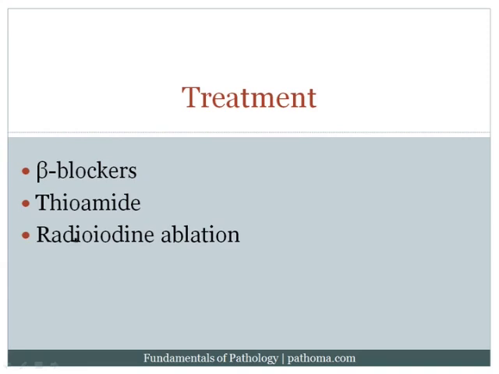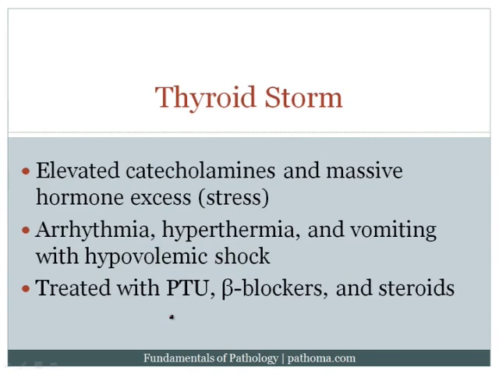Another possibility would be to use radioiodine to ablate the thyroid. The idea here is if you give radioiodine, of course, that would be taken up by the follicular cells of the thyroid, which would then result in destruction of the thyroid cells because of the radioactivity, and so you would ablate or destroy the thyroid gland. The thyroid storm is the feared complication of Graves' disease. This is when you have excess catecholamines and massive hormone, usually due to some sort of stress like surgery or childbirth. The patients can present with arrhythmia, hyperthermia, and vomiting with a hypovolemic shock, and this is treated with PTU,